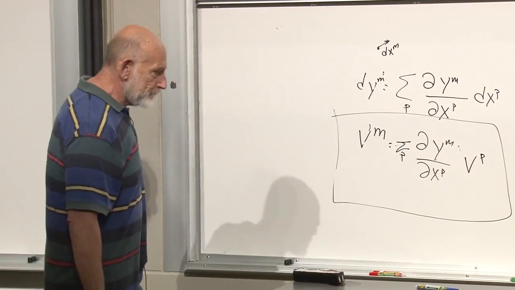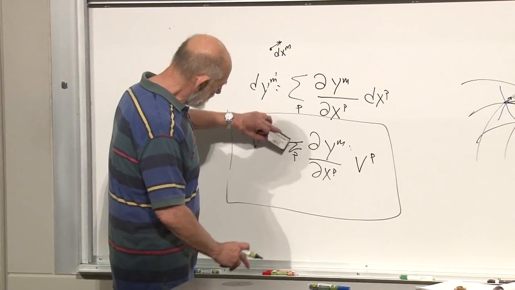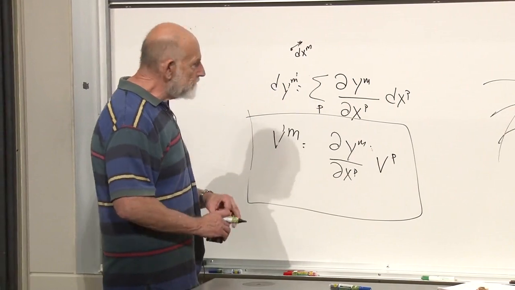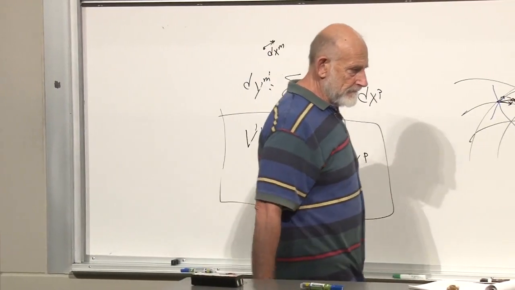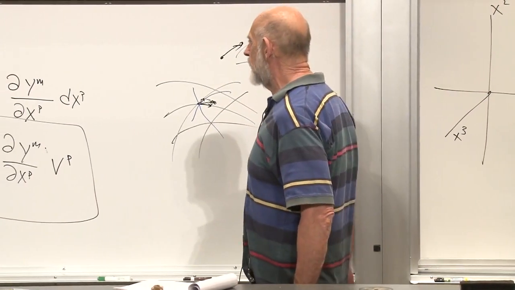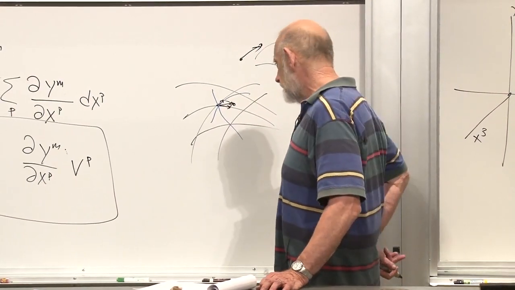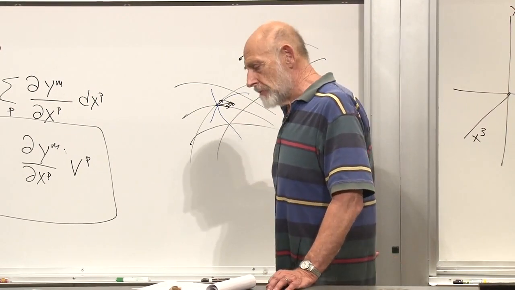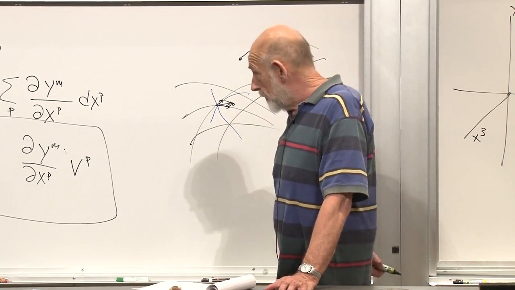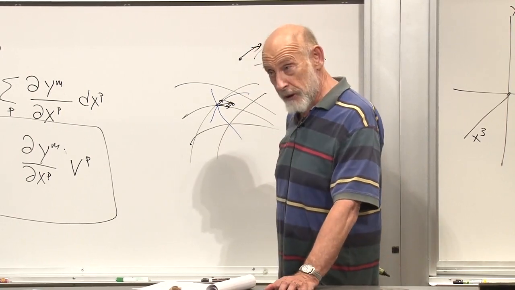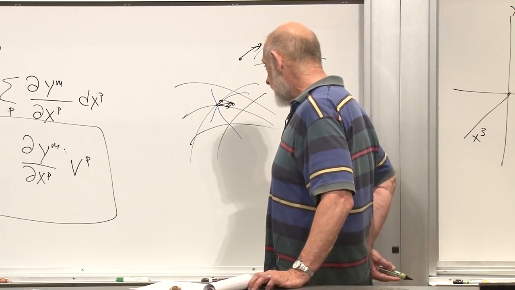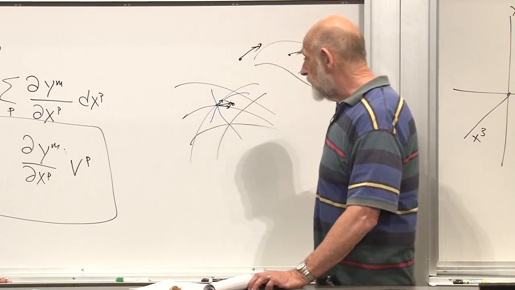Quick question? Yeah. Here you're assuming coordinates that transform according to those rules, but could there be other coordinates that don't transform that way? I haven't assumed anything. I've just assumed there are two sets of coordinates which are functionally related to each other. That's all. And now you're assuming some things. You're assuming a degree of continuity. You're assuming that the functions are smooth enough that they can be differentiated. But aside from that, no, we're not making any deep assumptions about the nature of these coordinates.